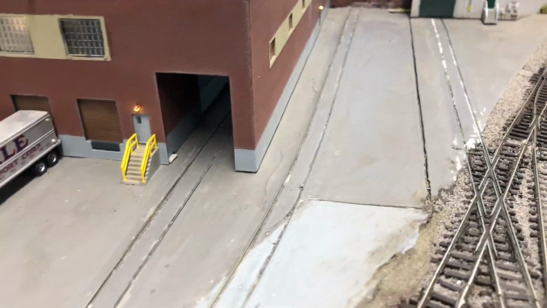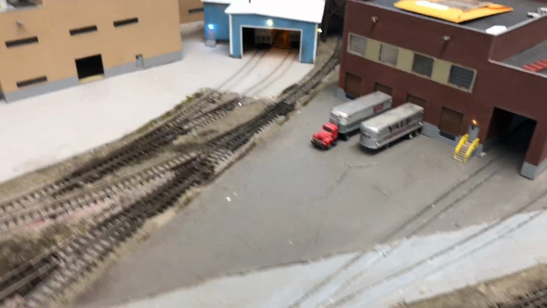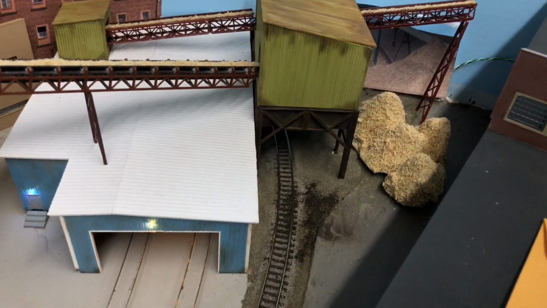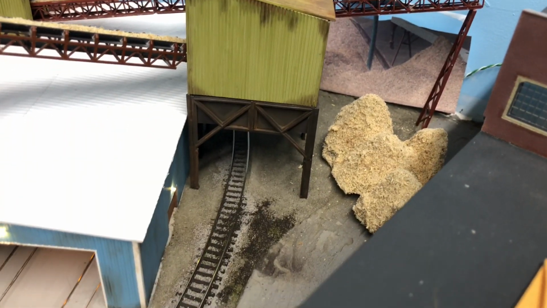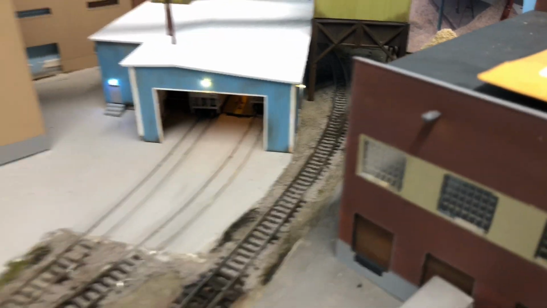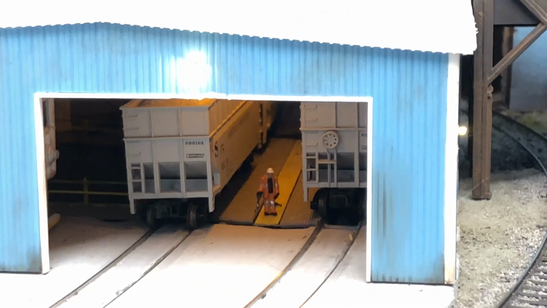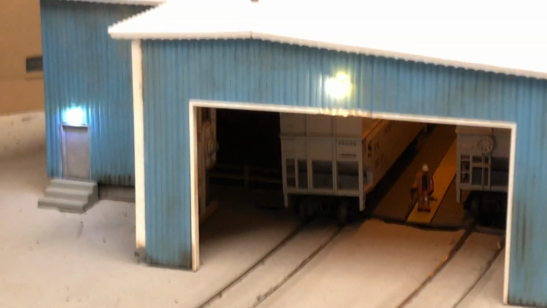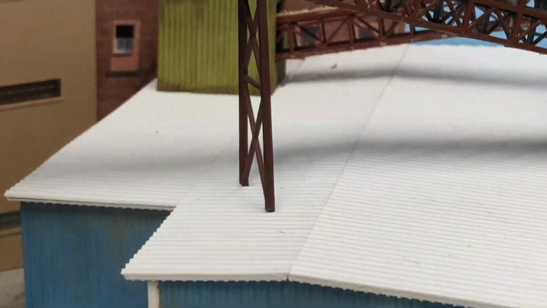So I have tracks that go either in the facility or next to the facility. And these are supposed to be the tracks that unload the wood chips. You could either go through here and unload right from the side, or some of my wood chip cars have a self-dumping system, like the ones that are in there now. I did build a pit under those tracks so that they would dump and then get pushed into, you can't really see it right now, a holding tank down there,